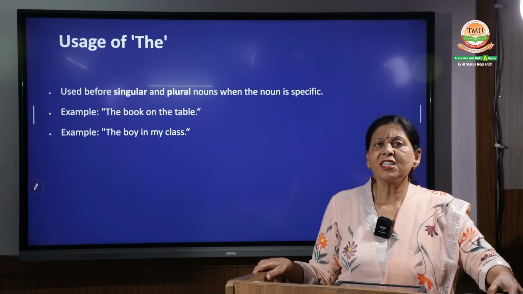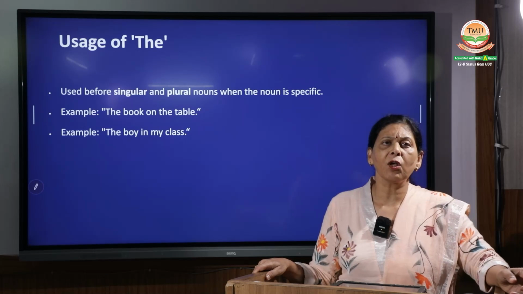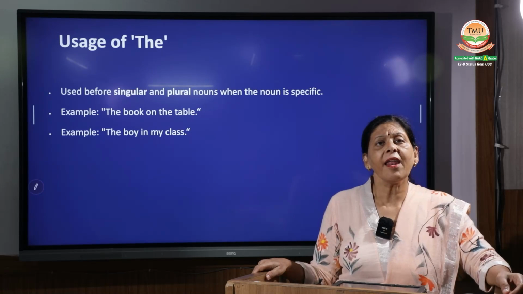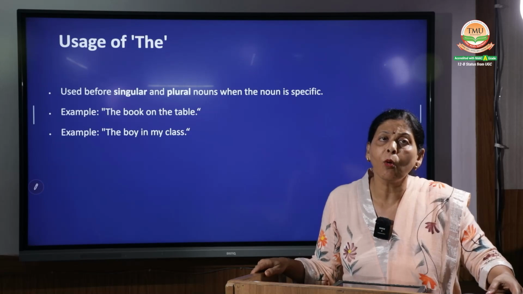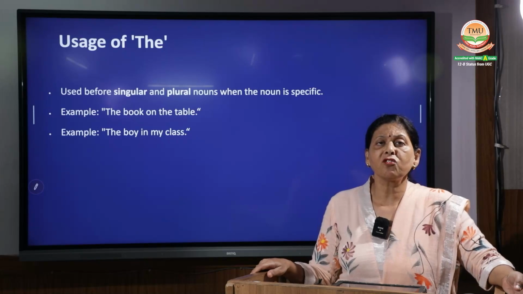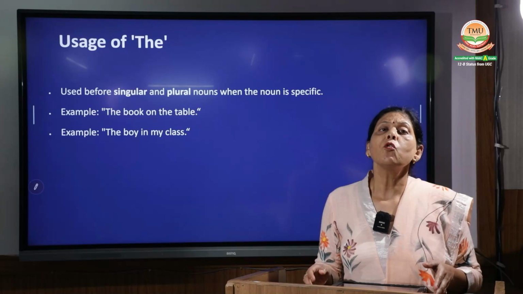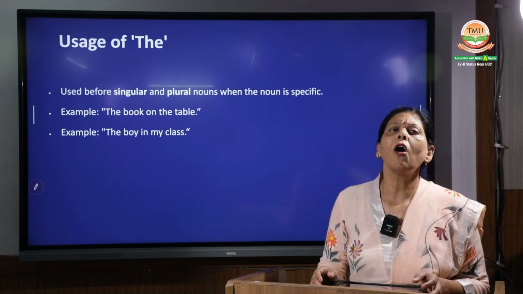The pen has broken down. I was writing with a pen. That means there is one particular pen I was writing with. The pen has broken down, means it has stopped working. Okay, maybe the ink has finished, or maybe there is some problem in the structure. The pen has broken down. So what is this? The is used in front of